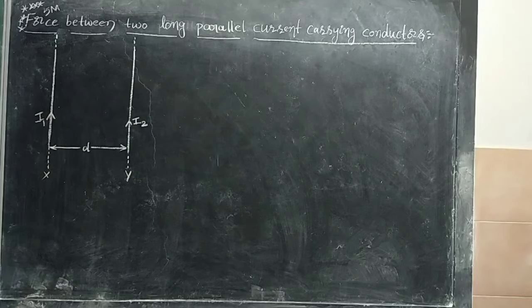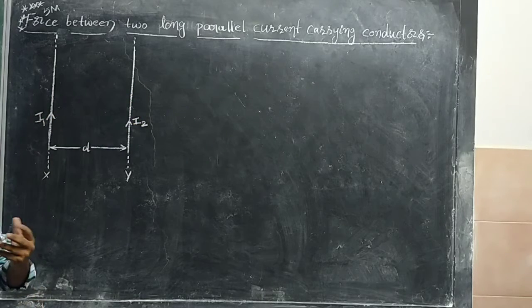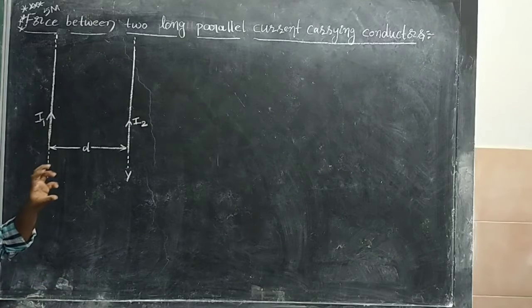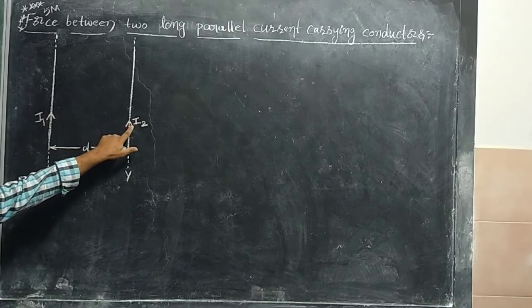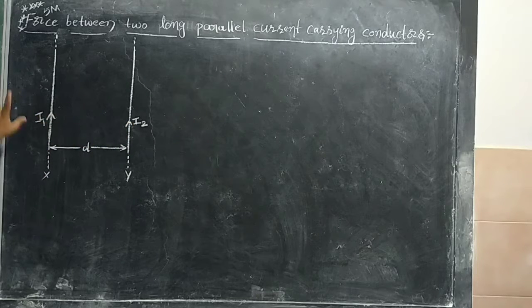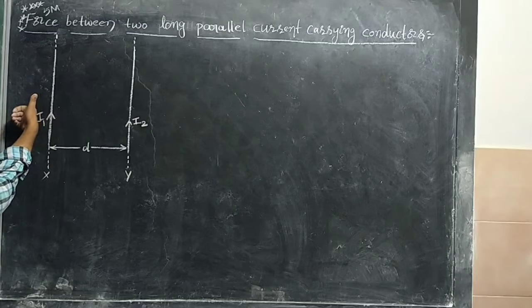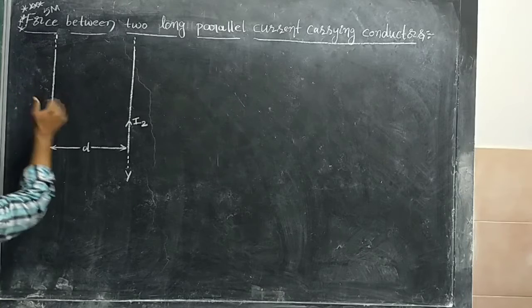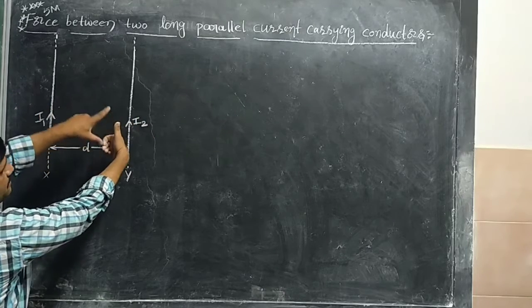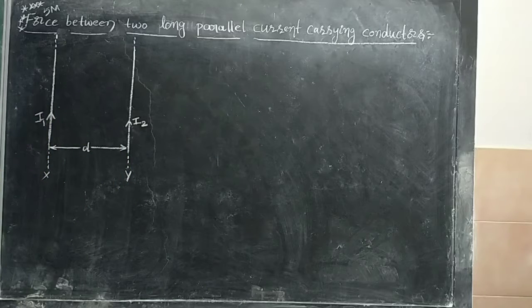Now, very first, there are three spaces: first space, second space, third space. In these three spaces, how does the magnetic field exist? Due to the first and second current carrying conductors, in the first space the magnetic field, according to the thumb rule, is outward from the board. Here you take it like this. The thumb points in the direction of current and the curl of the fingers gives the direction of the magnetic field.